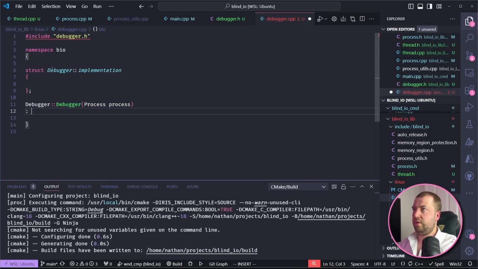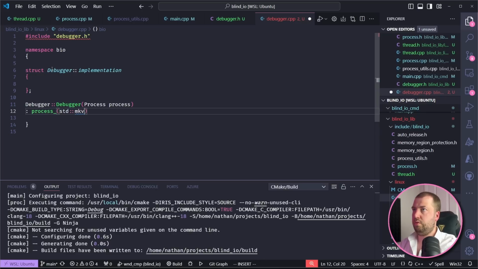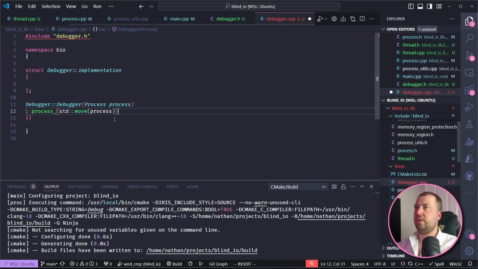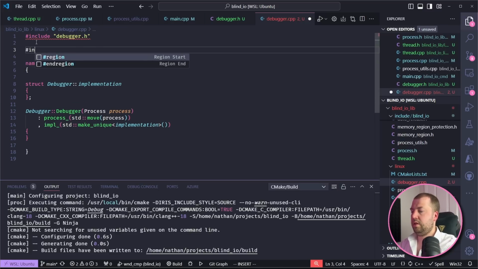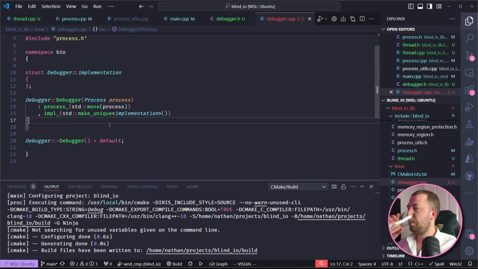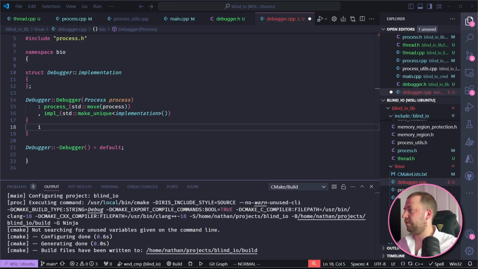Process, and then this will be std::move of the process. Wait, did I add that in the header file? I did, yes. Okay. And then for the impl, we'll std::make_unique the implementation. Give us some useful headers here: memory, process. Right, so let's go through some of this miserable documentation. The first thing we want to do is find the